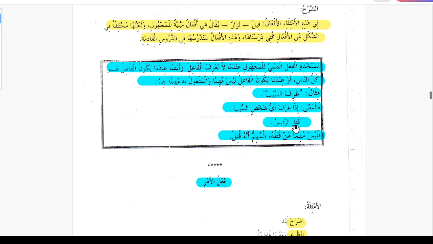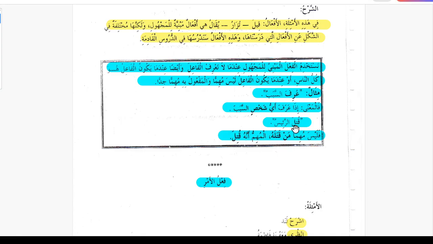Here take another example. Kutilal Raisu, the president was killed. So here the president is the most important person, like he was the president and he was killed, and who killed him does not have any importance here. The thing is that he was killed. So in this case we use the passive form of the verb when the maful bihi, like in a regular sentence,